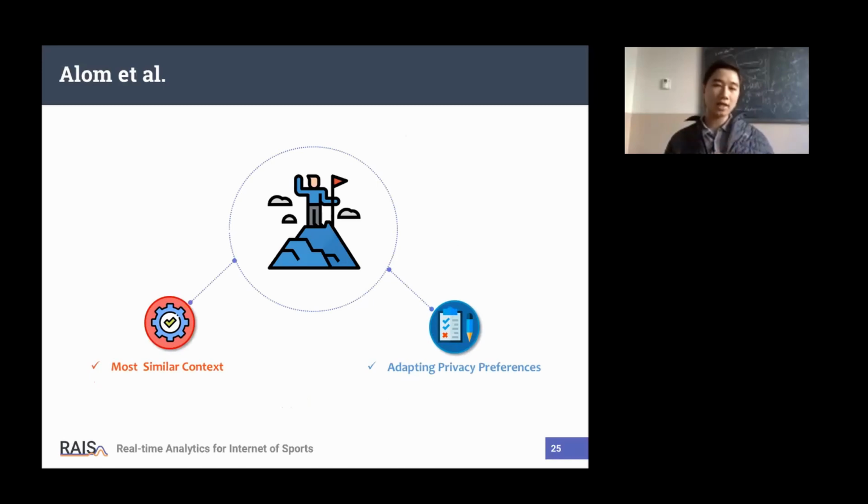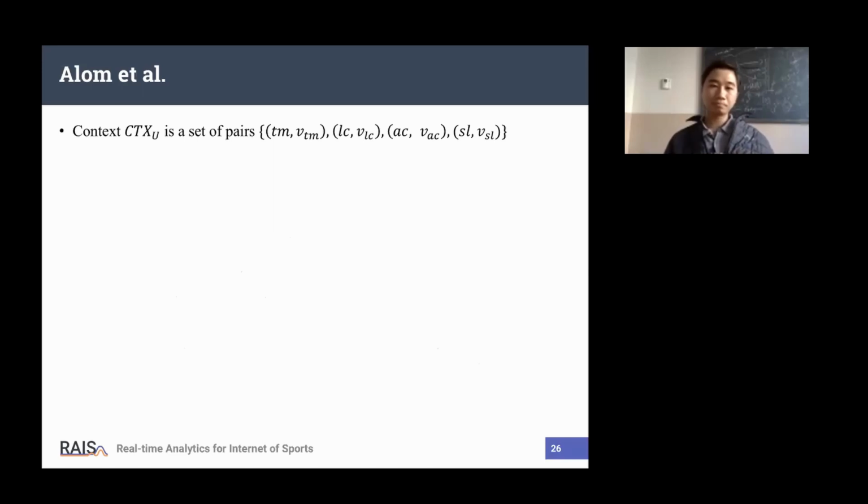The most similar contexts have nearly the same decision or the same policy, and in a different context, maybe the user wants to change much more. So how can they define this? Via the user privacy preference. This is the main research question of this paper.